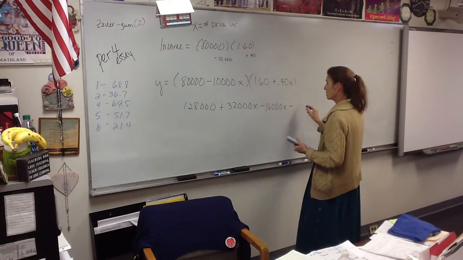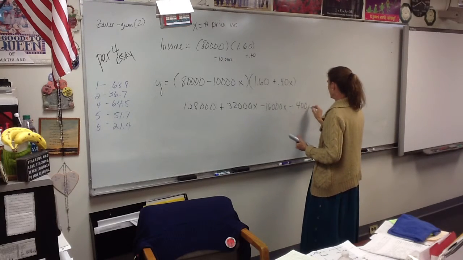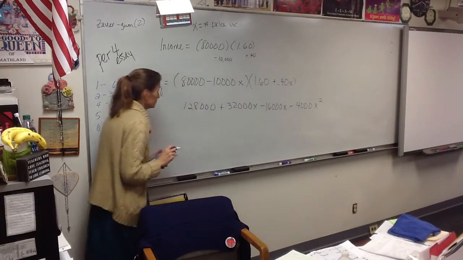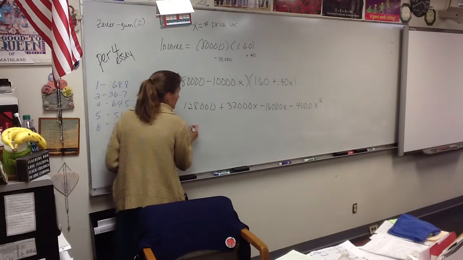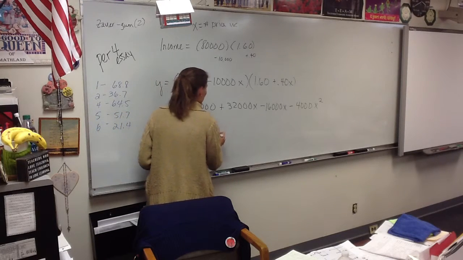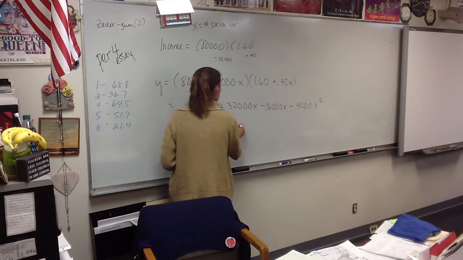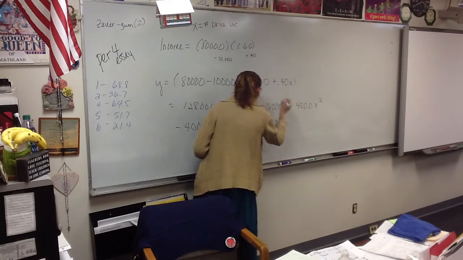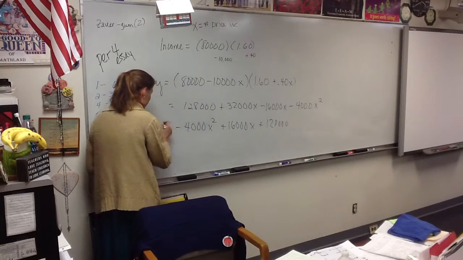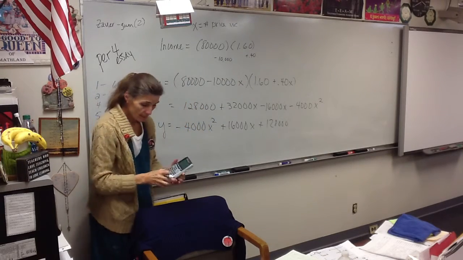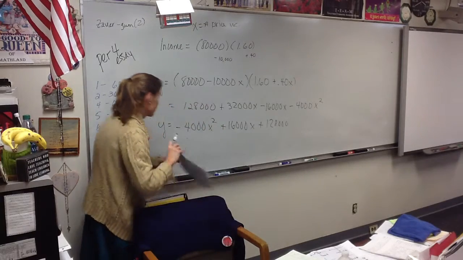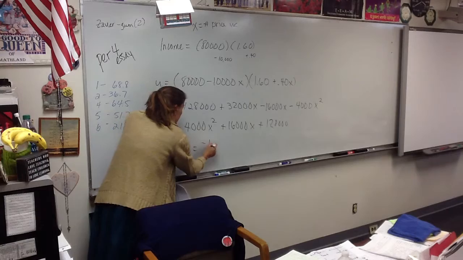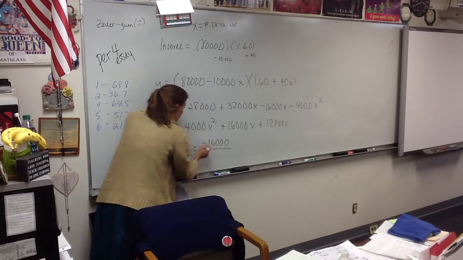What would that be, 4,000? So I've got negative 4,000 x squared plus 16,000 x. I hope my arithmetic's right. I used my calculator, so it should be. Now, what did we say we were going to find? The maximum. So we need a vertex, which will be negative b